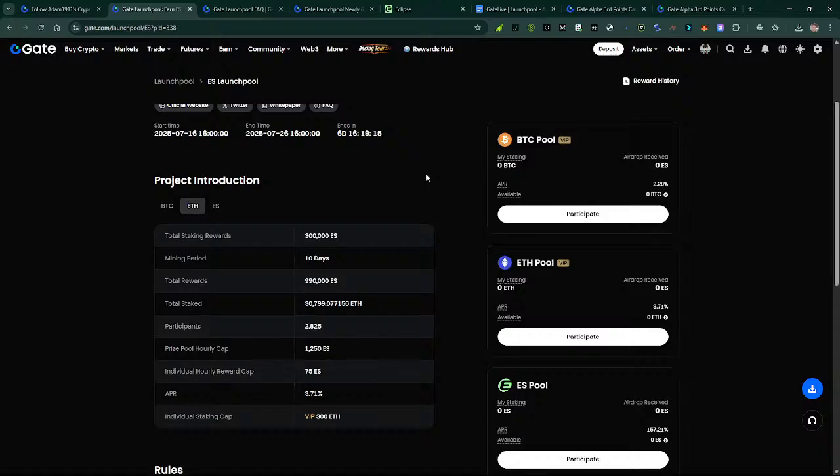Why are you going to acquire the Eclipse token? It has great importance. We'll definitely be finding out while we visit their official website, so be sure to stick around until then. And the total rewards are 990k ES tokens. And the total staked amount of Ethereum is